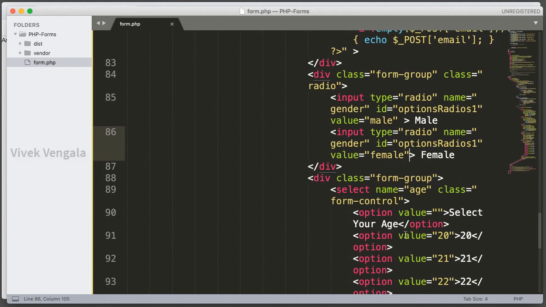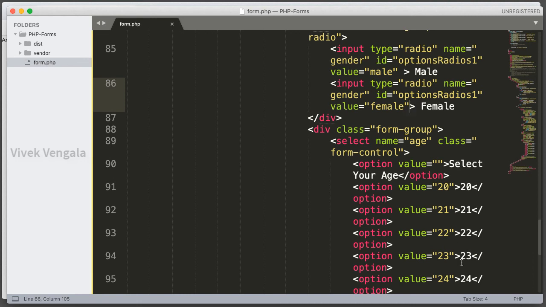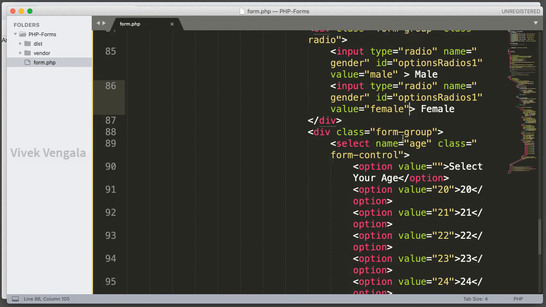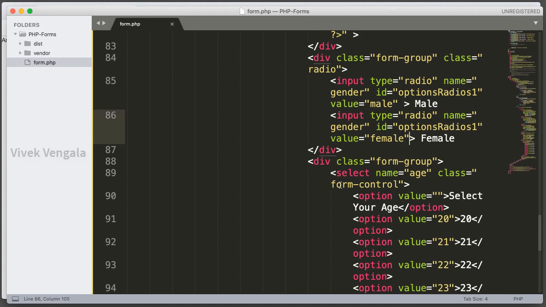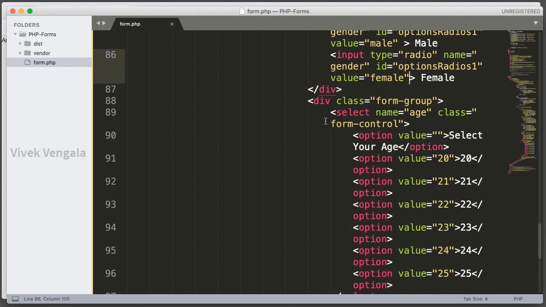For radio buttons also it's similar. I have to compare these values in each of these. Otherwise we can generate numbers with a loop, and in that loop we can select these ages based on the values selected by the user. We are going to work on this in the next videos. In the next video we'll work on the radio buttons. After that I am going to work on the select drop down list.